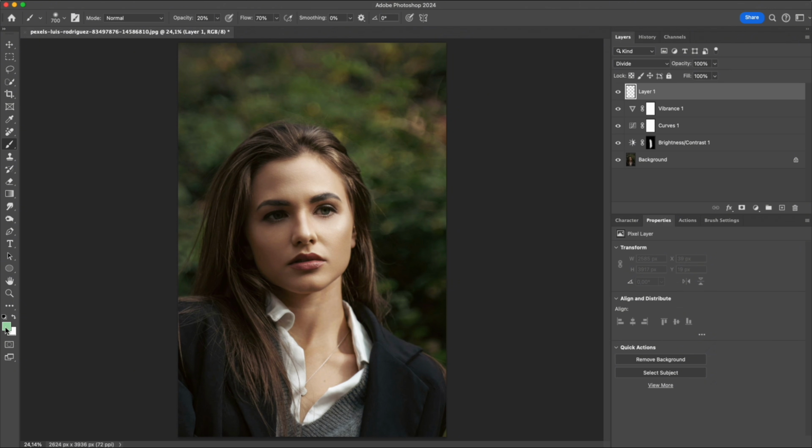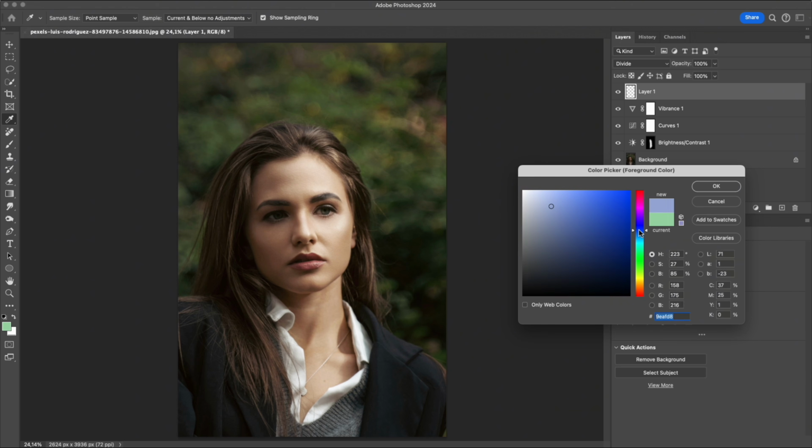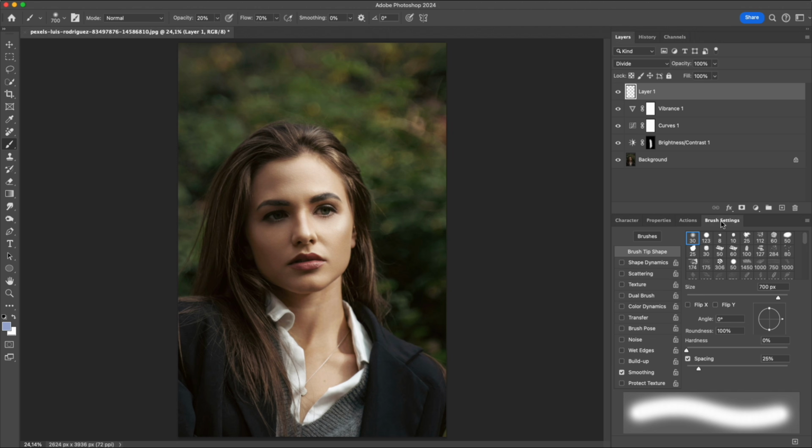Select the brush tool. Then choose a soft blue tone. Next, go to brush settings and turn off spacing. This helps the brush stroke feel smoother and avoids a grainy look when painting the light. Lower the brush flow and opacity, then gently paint over the highlights and the edges of the subject to create